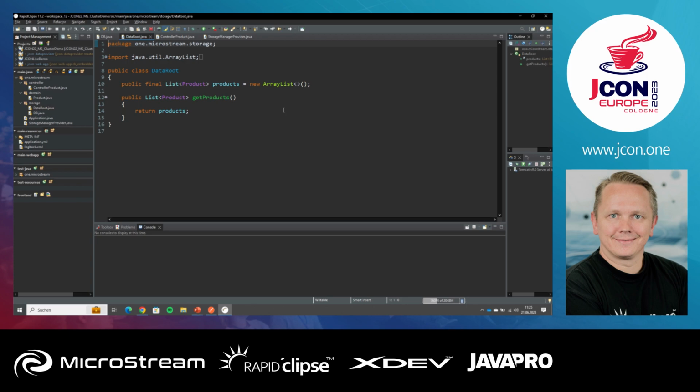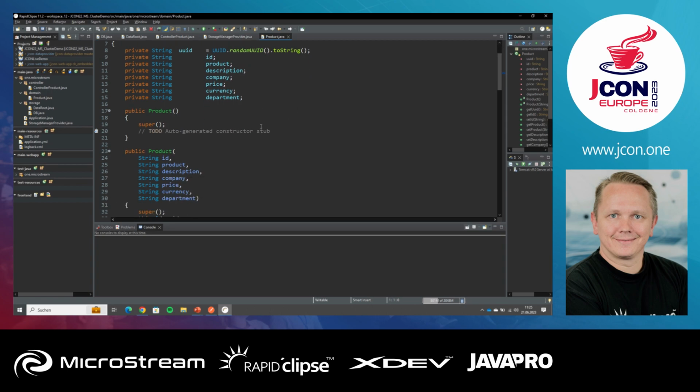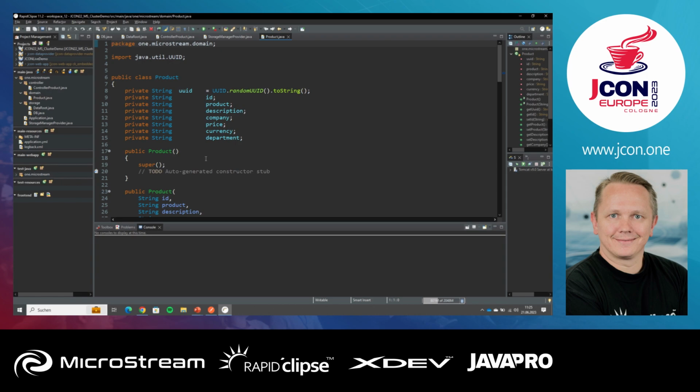So you will be able to define your classes, your structures, your collections. You can use hash maps and stuff like that. This is the start of your object graph, and you have to define it within your data root. In my case, I created one list of products, and here we have one product class or Pojo without any annotation, as expected with MicroStream,